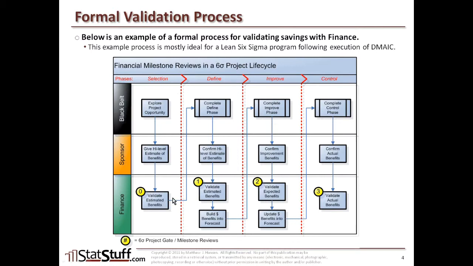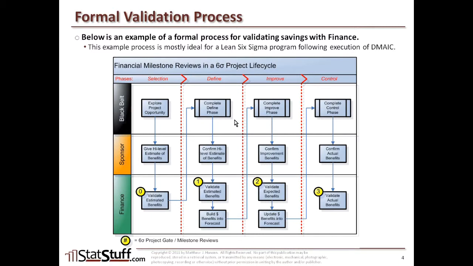Then as you begin the project and they select it, then that black belt will basically run through the project itself, and they'll complete the define phase. And again, at that point, as they explore the opportunity, have a better handle on the size of the problem and the project itself, then they'll want to confirm those high-level benefits again with the sponsor and get that validated with finance. And they'll basically start to build a case for forecasting the potential benefits that could come from this